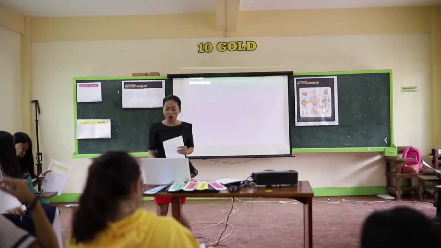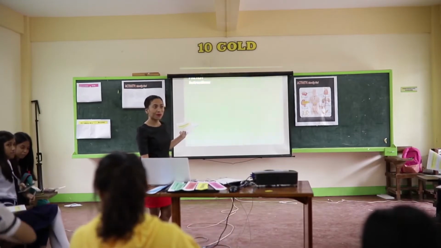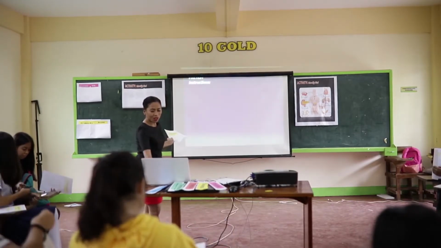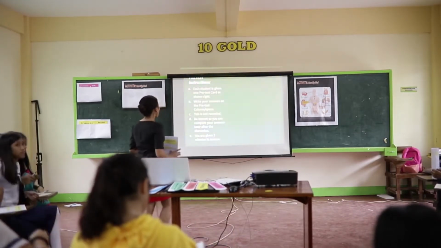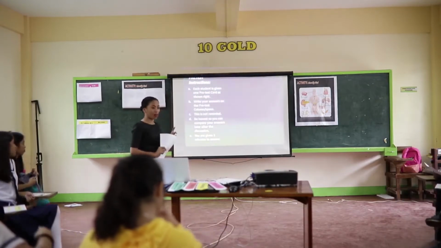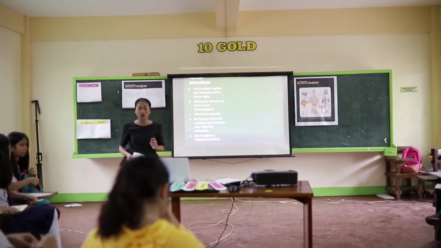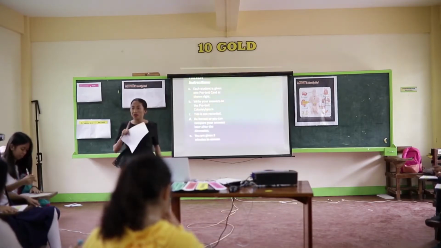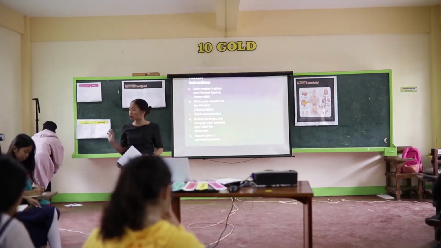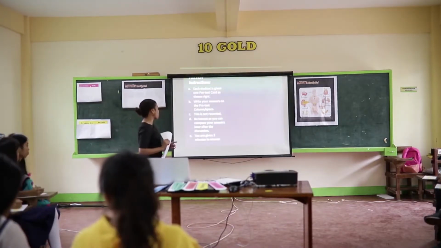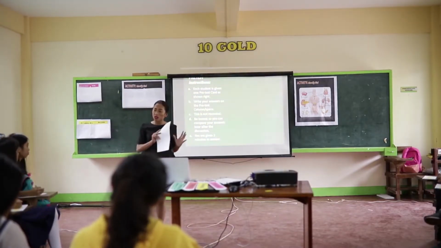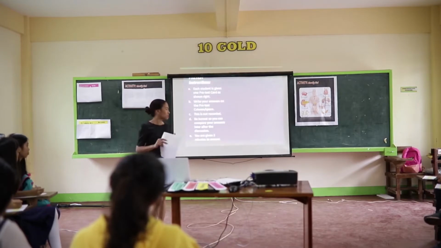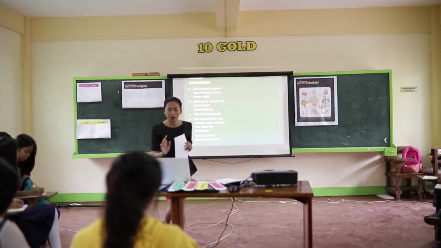Okay, so you have here the instruction. Each student is given one pre-test card. So you have your pre-test card, right? Write your answers in the pre-test column. This is not recorded, so it means this is formative. Then be honest so you can compare your answers with the result on the pre-test and the post-test. You are given 3 minutes to